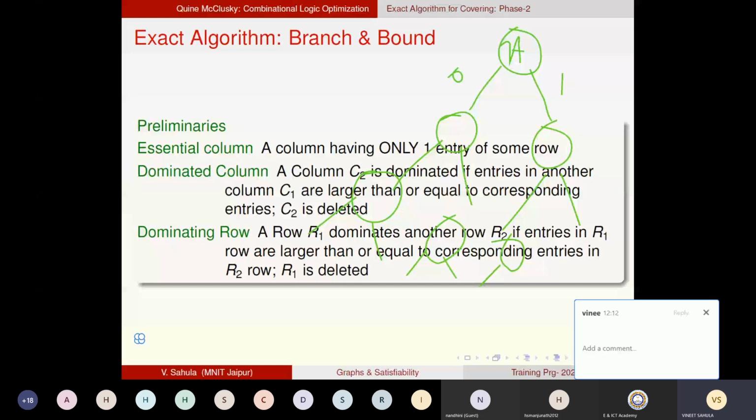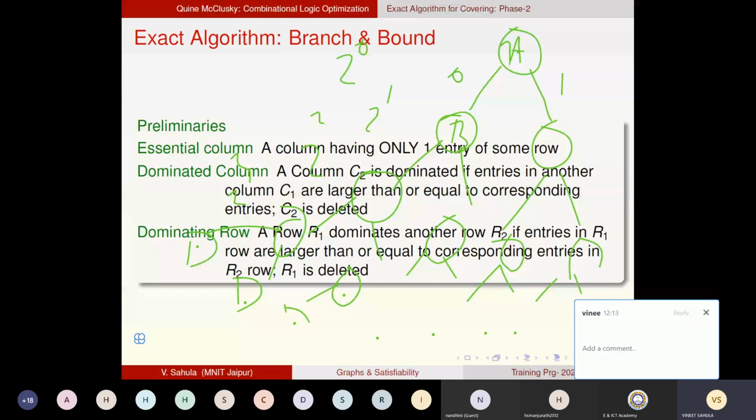So at the first level, only 1 vertex is there. Second level, 2 vertices. Third level, 4 vertices. And fourth level, 8 vertices. So the number of vertices are powers of 2: 2 to the 0 at the root, first level 2 to the 1, 2 to the 2, 2 to the 3. The leaf level will be the answers, chosen or not chosen. Each leaf is a solution, because it specifies whether A is chosen, B is not chosen, C is not chosen, D is not chosen. So this is a solution.